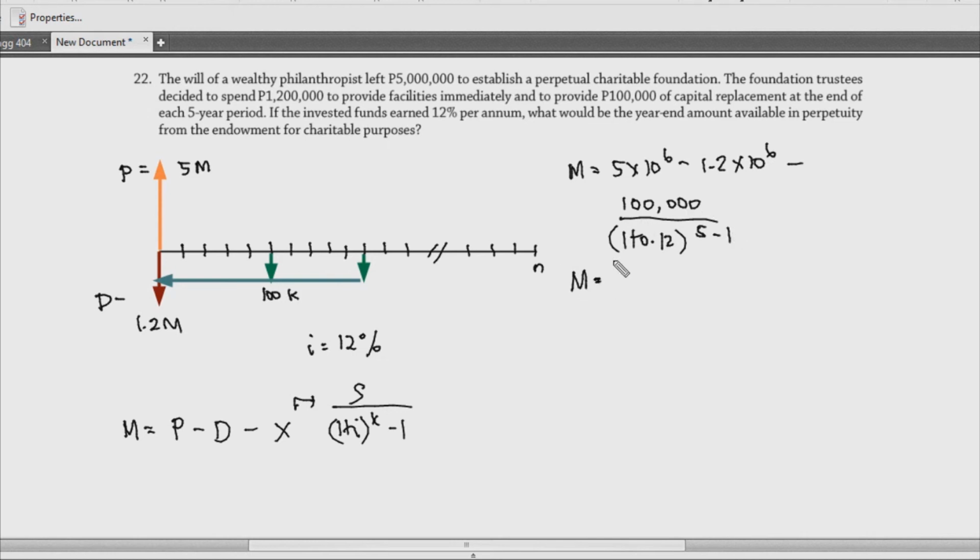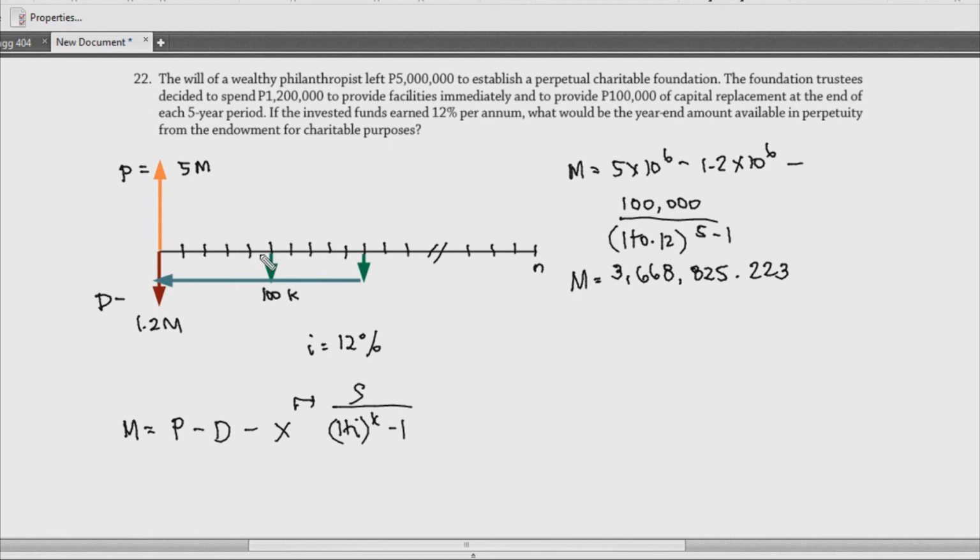So, with this, yung M natin na value would be equal to 3,668,825.223. Okay? So, itong M na to, ito yung kanyang magiging pera if you try to take all of this